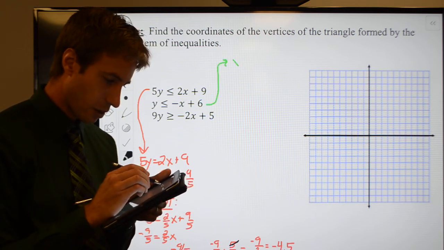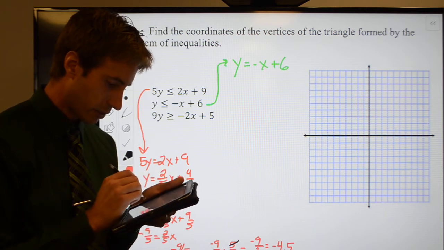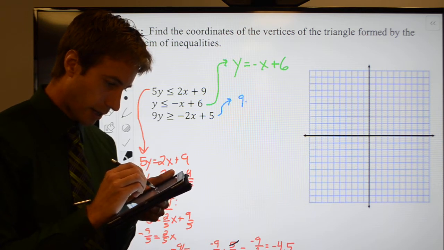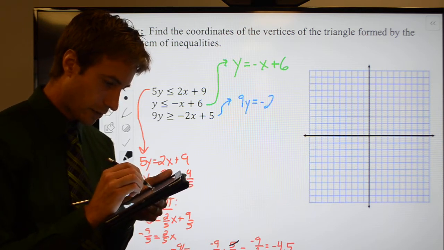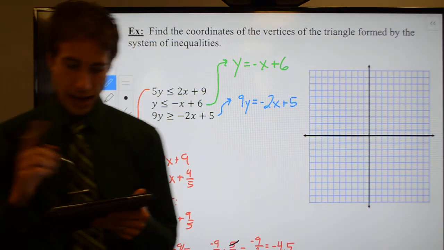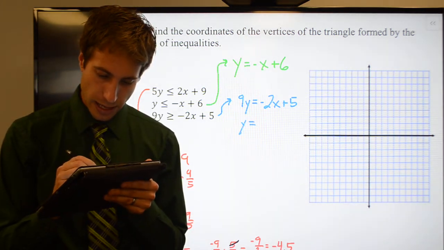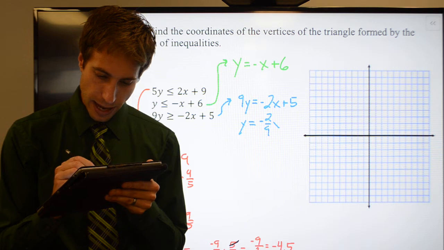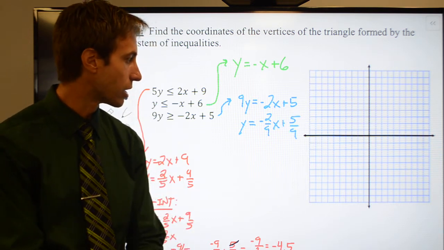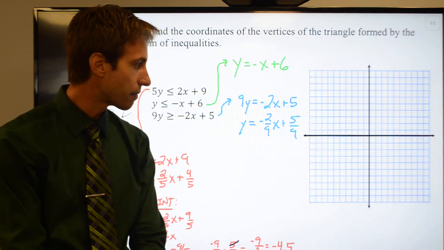Oh, it's already done. Y equals minus x plus 6. I don't have to do anything to it. That one's all taken care of. Blue. 9y is equal to a negative 2x plus 5. I got to divide everybody by 9, which means I'm going to have y is equal to negative 2/9 x plus 5/9. And once again, I got something I don't like so much. The negative 2/9, no problem, but this positive 5/9,